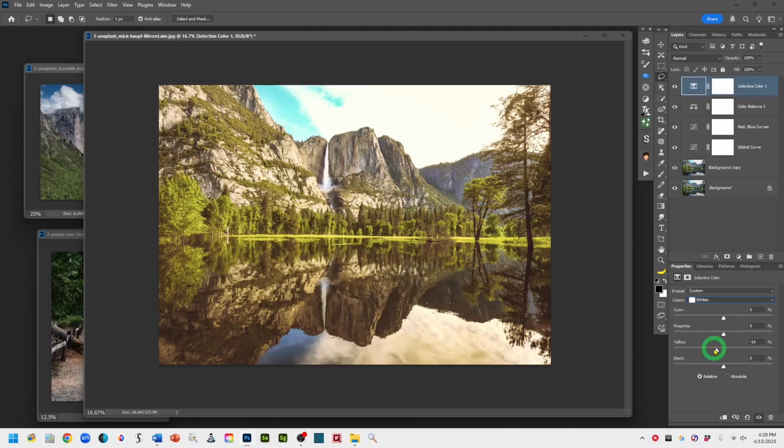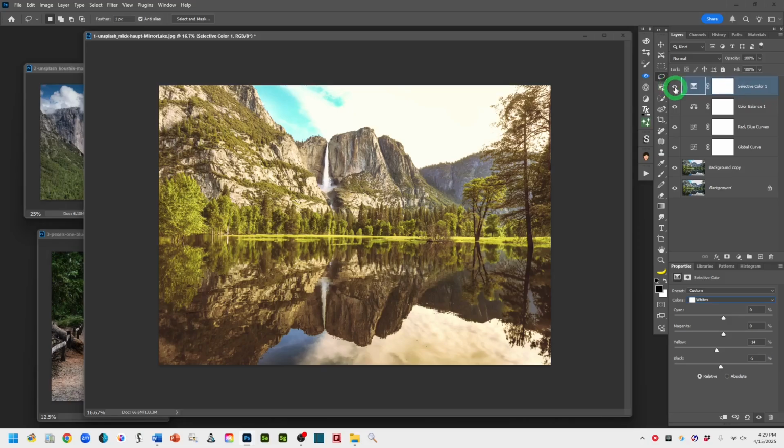All right, let me stay around there. And then the black, I'm going to take it down. Okay, so let's see what we got here. Yeah, all right, so it might be a little bit more iridescent than I would typically like, but at least you could see something's happening with it, so we'll